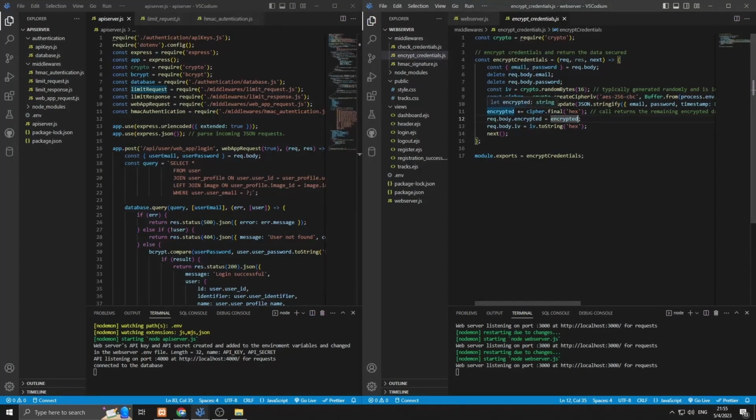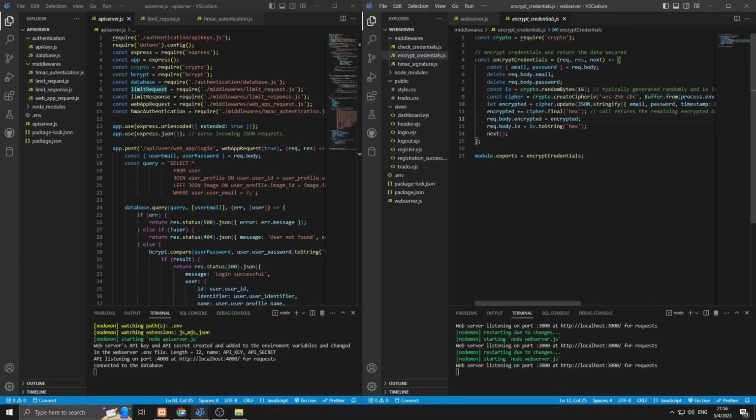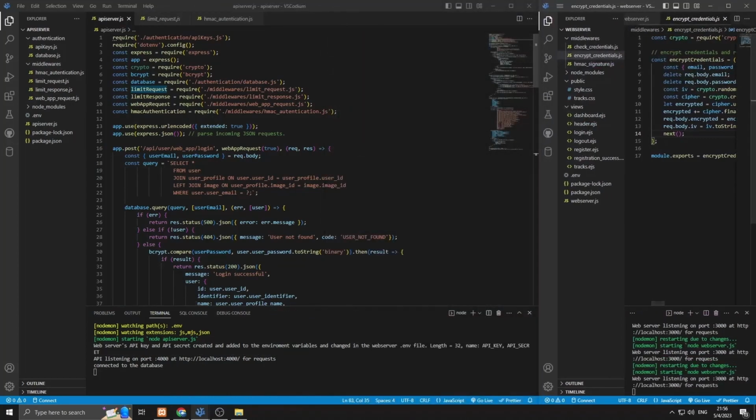In this case, this endpoint is used only by the web server, so we are not using the HMAC signature. So to do so, we encrypt the data with AES-256 by using the secret key of the server, and we store and send this information safely. Then the API will decrypt the information,